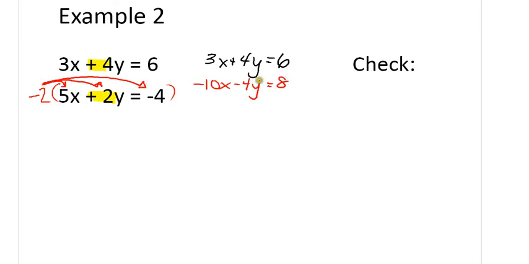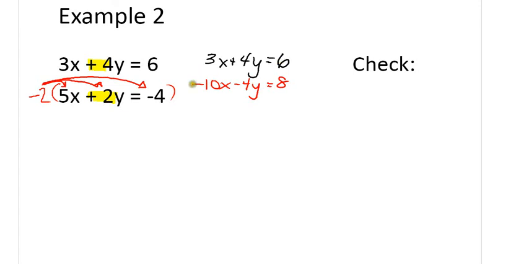Now what's tricky about this is a lot of students forget to multiply negative 2 times that negative 4, or they forget one of these terms. Just make sure that you distribute that negative 2, or whatever you're multiplying the entire equation by, to every term inside that equation. So now I can see that I've got 3x plus 4y equals 6 and negative 10x